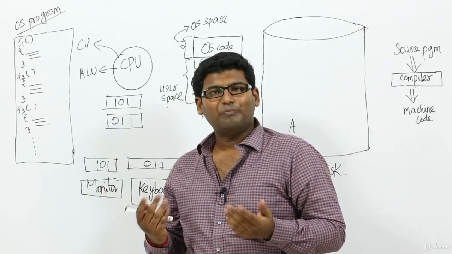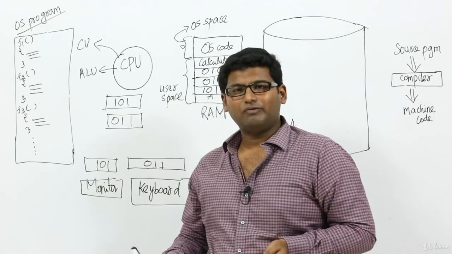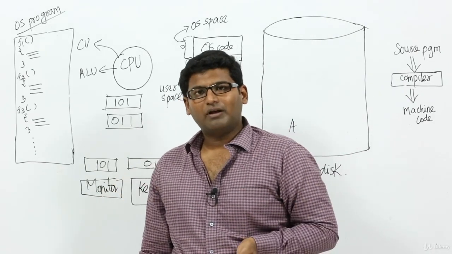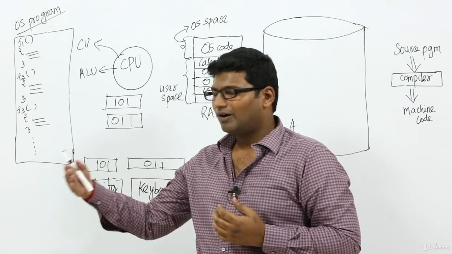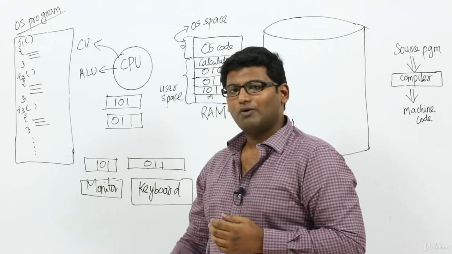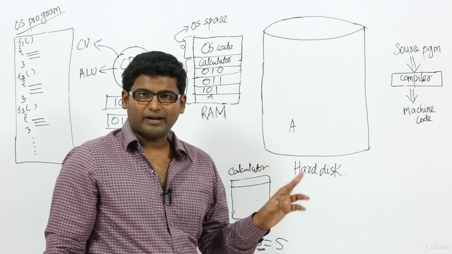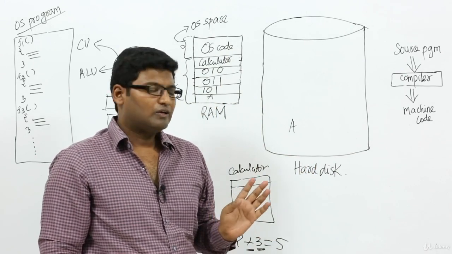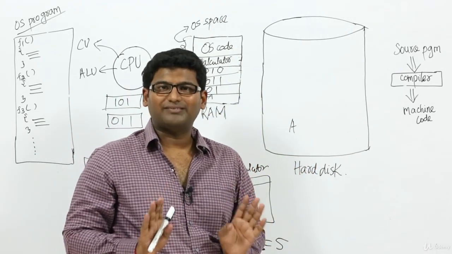keyboard can always act as an input device. Why? Because we can only give input to the computer through the keyboard. Similarly, monitor is an output device. Why? Because through the monitor, we as a user will be able to receive the outputs, but we will not be able to give the input through the monitor, right? So monitor is an output device. Similarly, hard disk can act as an input device as well as it can act as an output device. Okay. So one more important point is, all this I have explained for explaining only one thing, to